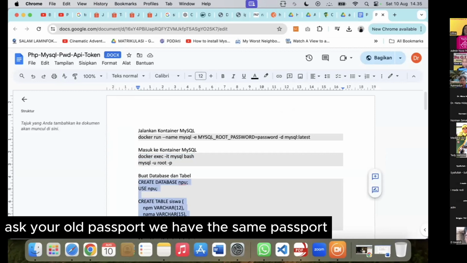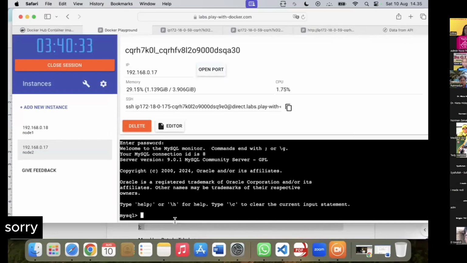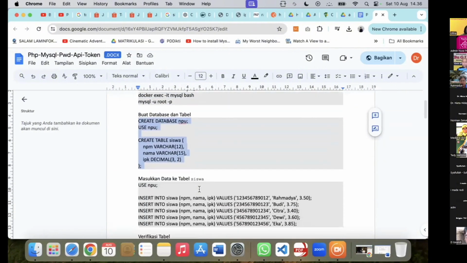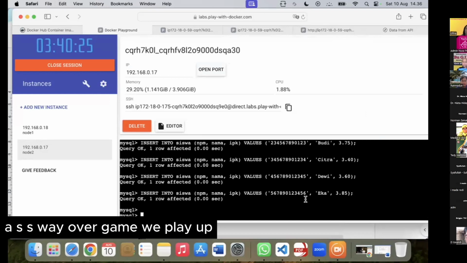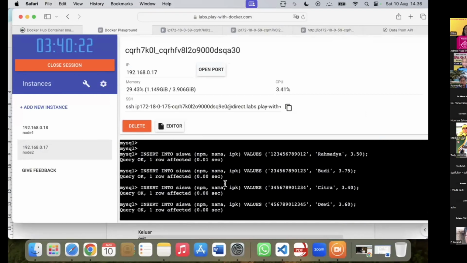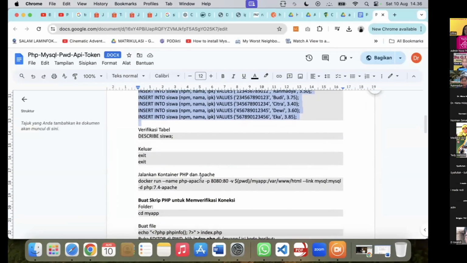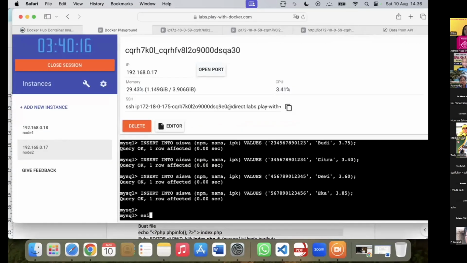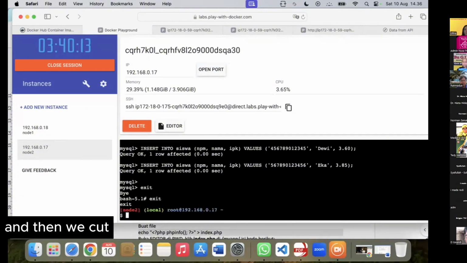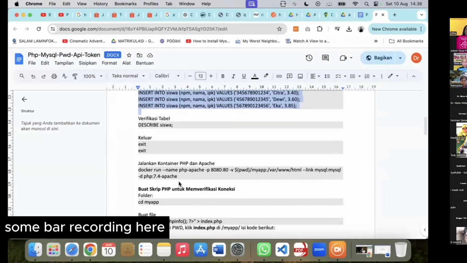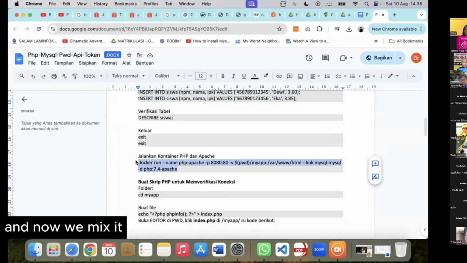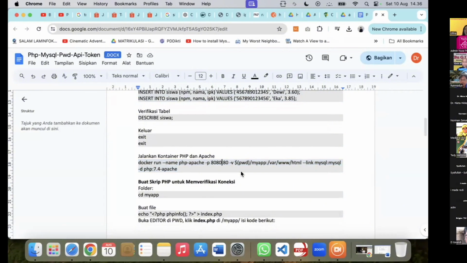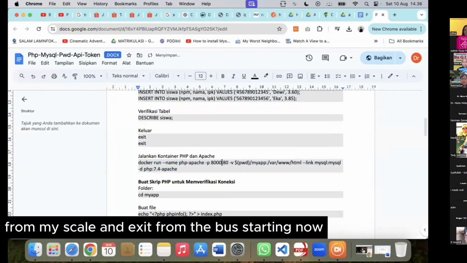We have the same password. Okay, we create the NPU database, and then we add a sample record here, and then we exit from MySQL and exit from the terminal.